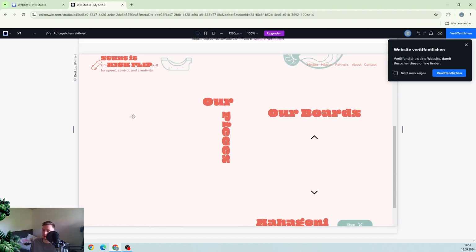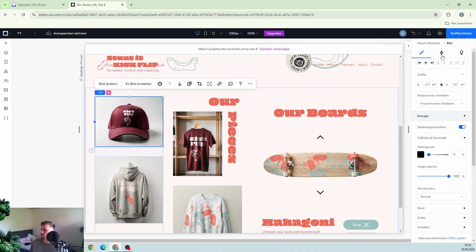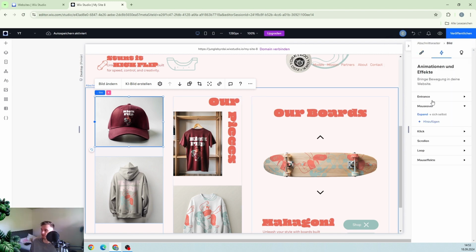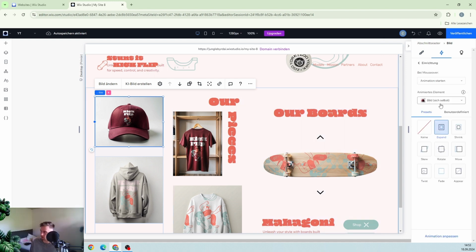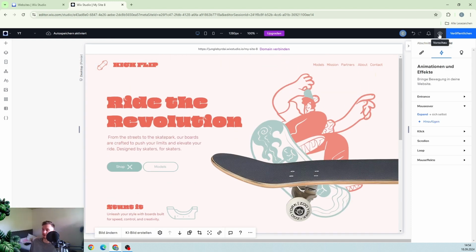Yeah, so quickly to the photos, images. What you want to do is go to animations and effects and choose the mouse over. You have to have the image selected, choose mouse over, expand. Yeah, of course itself, and just expand. And then once the user hovers over the image, it's getting enlarged or expands. That's it. Let's see the final version